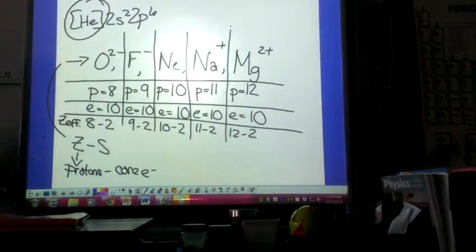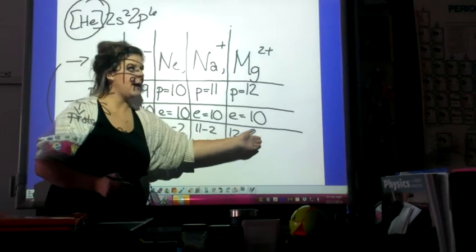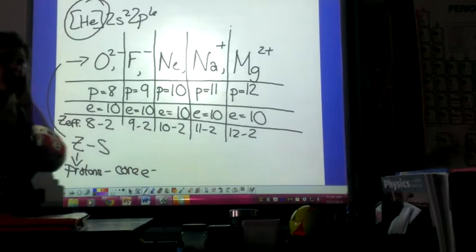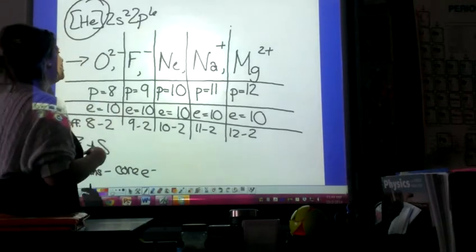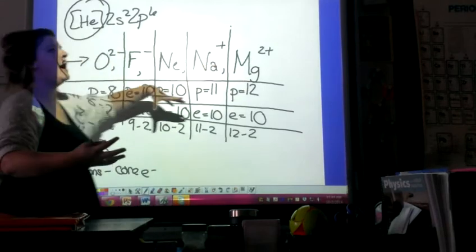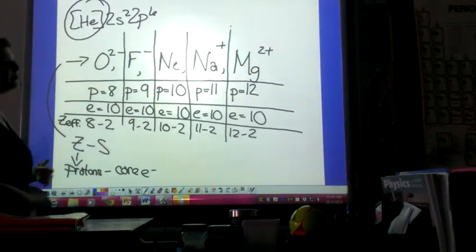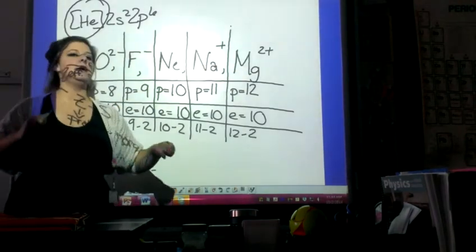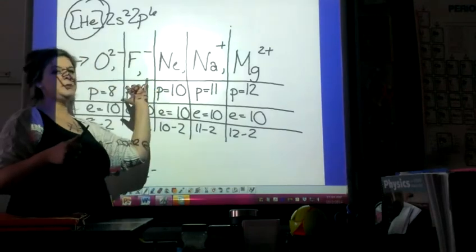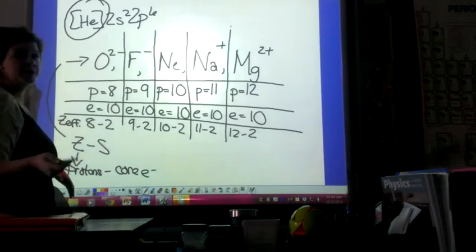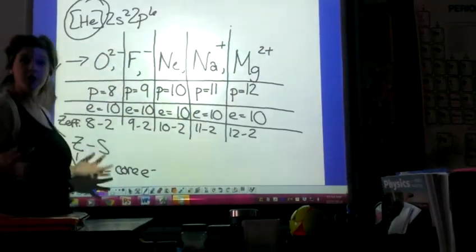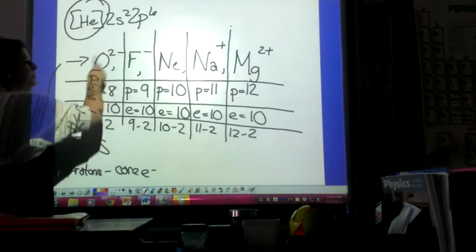Okay, so I see that as I'm going this way, my effective charge is getting larger. And I asked you today in class, how would I arrange these if I gave you all 5 of these particular elements or ions? I want you to arrange them from smallest radius to largest radius. It would actually be flipped the way that I have it written. So the smallest radius would be the magnesium 2+ ion, and the largest radius would be the oxygen 2- or